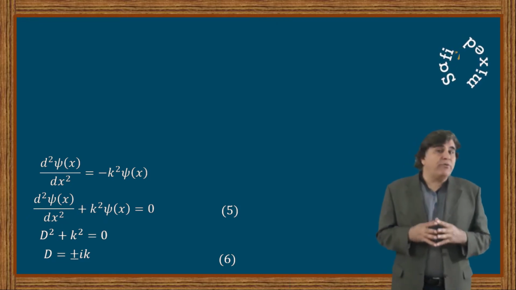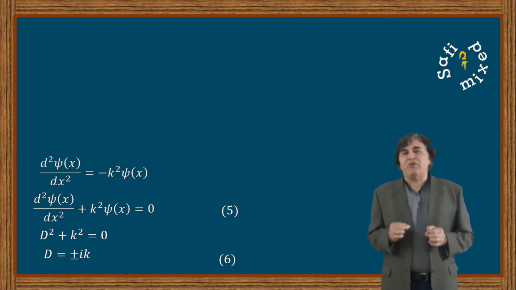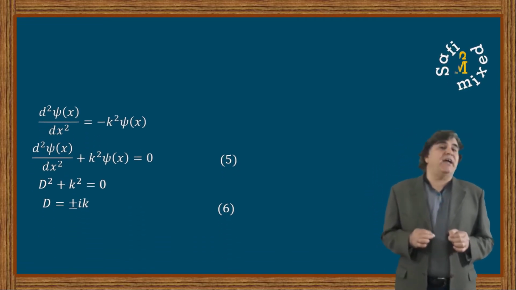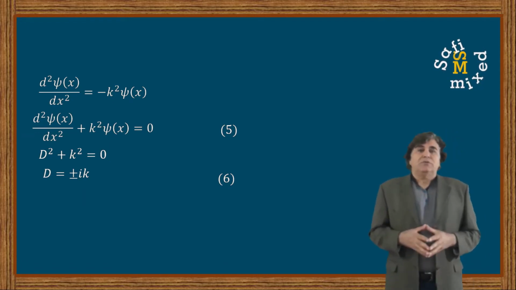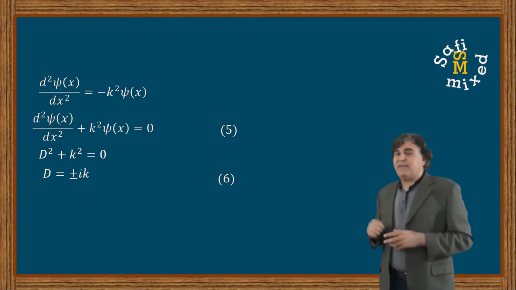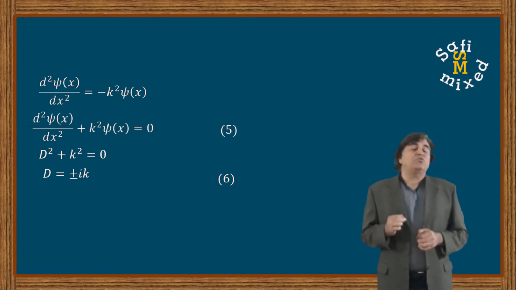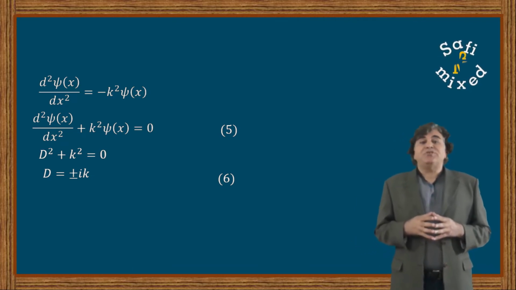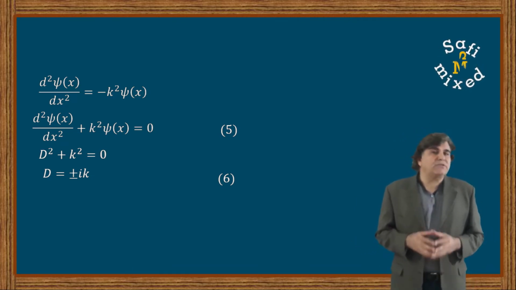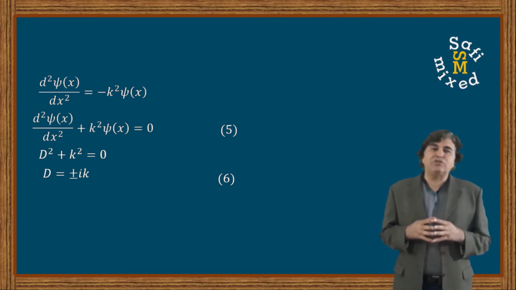And we know from our courses on differential equations that for each root of a second order differential equation, we have either an exponential or sinusoidal solution. So according to equation 6, we can have two possible solutions to equation 1. But according to the superposition principle of quantum mechanics, the most general solution is a linear superposition of the two